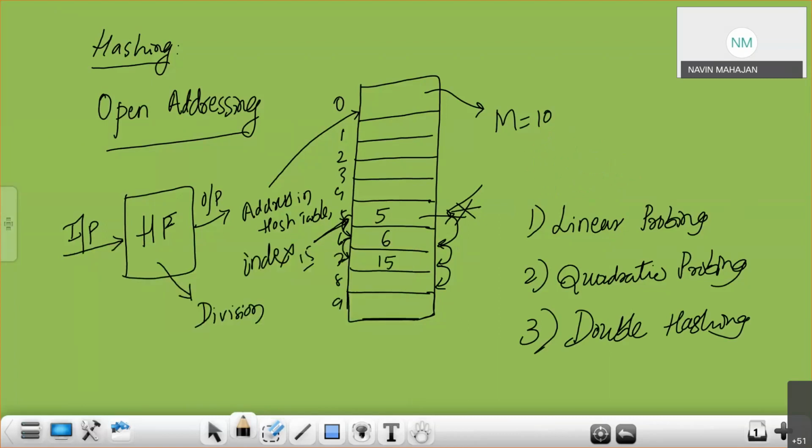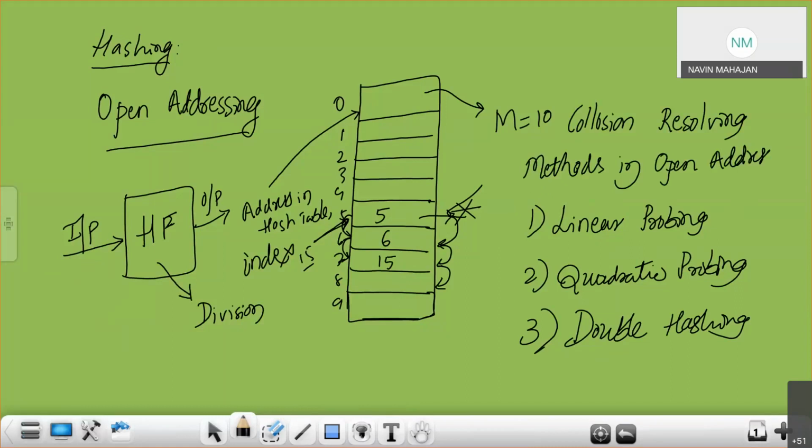If there is a collision, these are collision resolving methods in open addressing hashing. Now why the term open addressing? If the address is busy, we'll go to the next address.